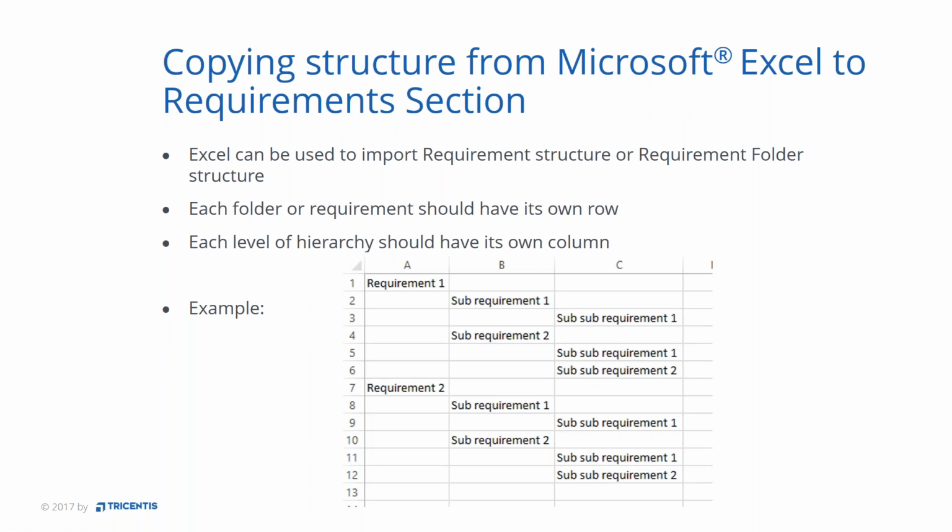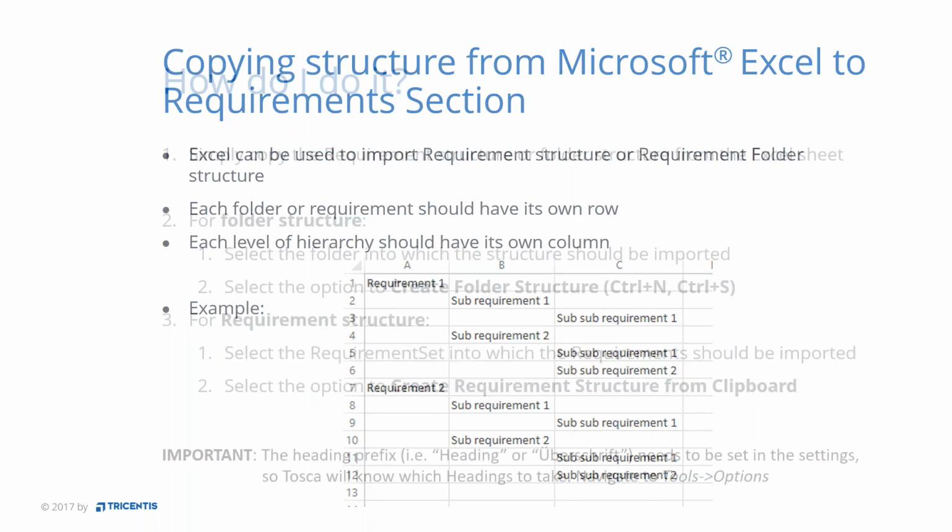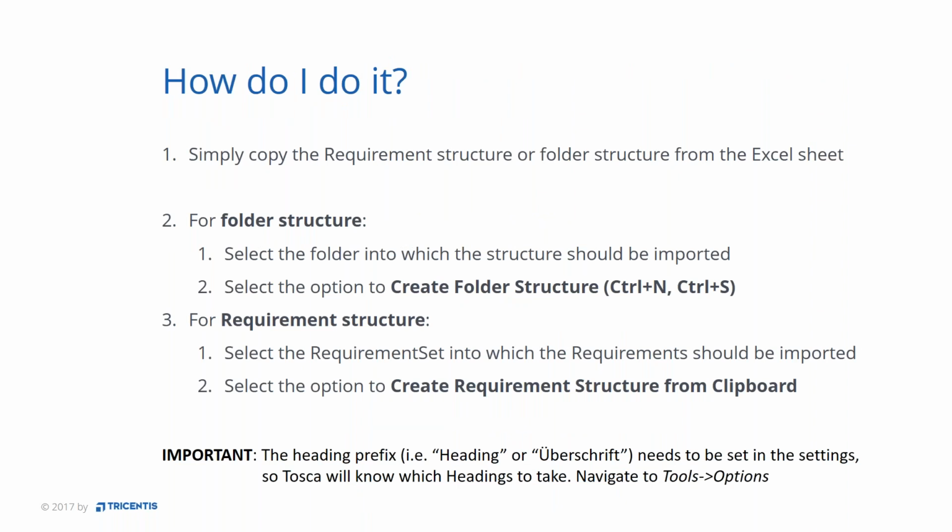later requirements. So here we have only 3 levels. You can have obviously as many levels as you need. And basically they have to be structured like this. So each level needs its own column, and each requirement belongs in its own row. And in order to copy those over into Tosca, all you have to do is copy and paste. But instead of using a simple paste, you'll actually be selecting either create folder structure if you're creating a folder structure in that section, or create requirement structure from clipboard if you're actually creating